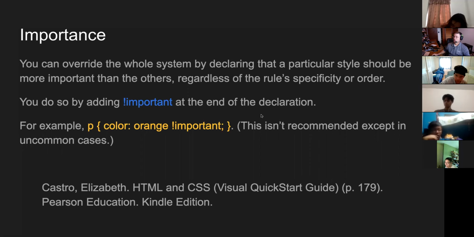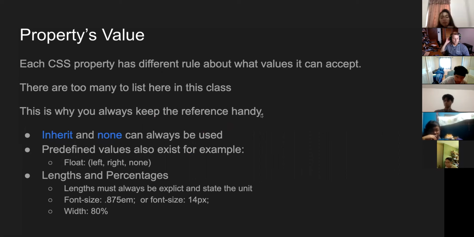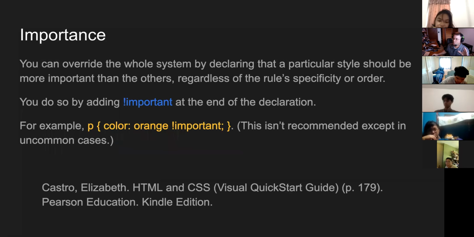Okay. Let's pause for a second. Let me go back. Let me go back. I don't recommend you do this. Okay, I don't recommend it. Again, though, if we think about specificity,